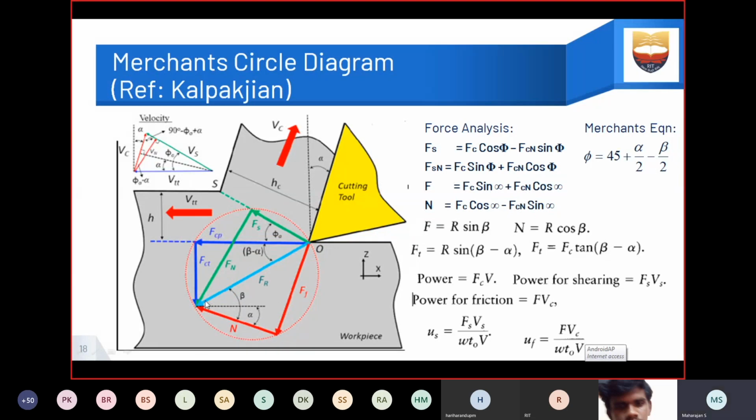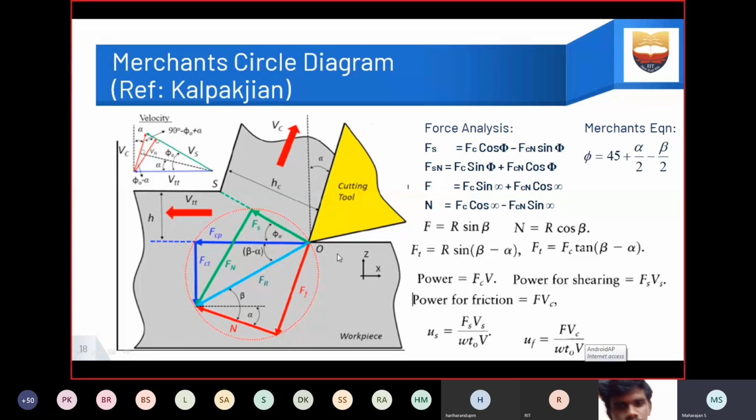Normal to the frictional force, we can see the friction angle. What is meant by friction angle? Friction angle beta: tan beta equals F by N. This is a right-angle triangle, the angle between the forces F and N is 90 degrees. So if you want to know tan beta, you have F by N. So we can find the friction angle from here.